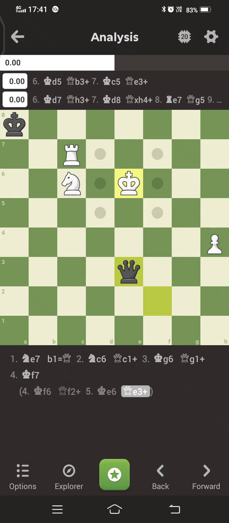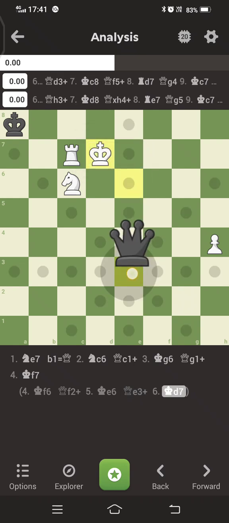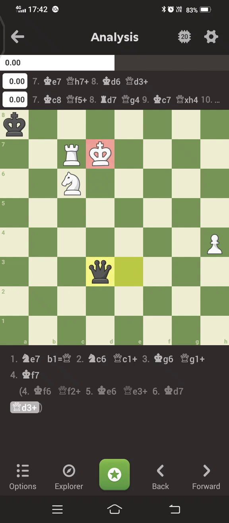You cannot give check on d4, so you move the king here, and you cannot give check on d4, so you give a check on d3. Now an interesting thing that can happen is